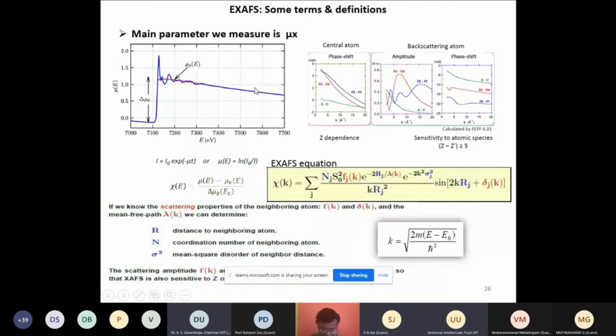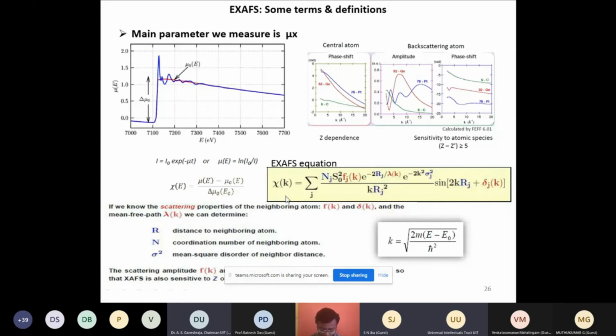That is considered as the atomic background, and the difference between the pre-edge and the post-edge, called delta mu0, is used for normalization. Then we convert using the formula that the de Broglie wave number k is equal to the square root of 2m(E minus E0) by h-cross squared, and we get the final EXAFS equation, which is derived based on